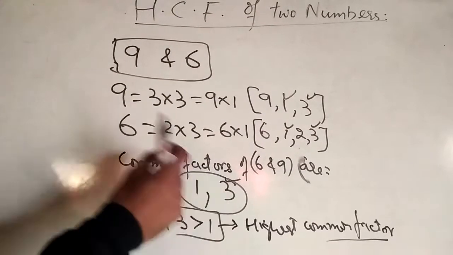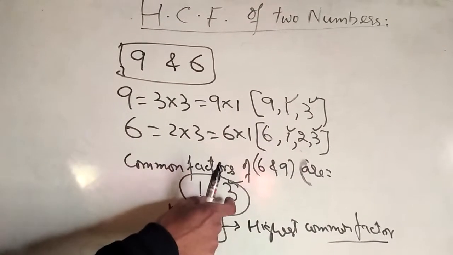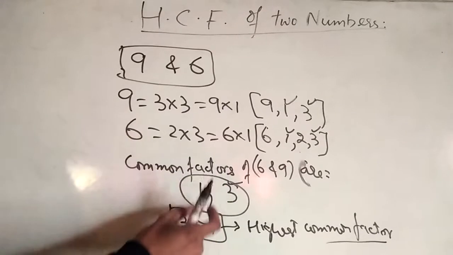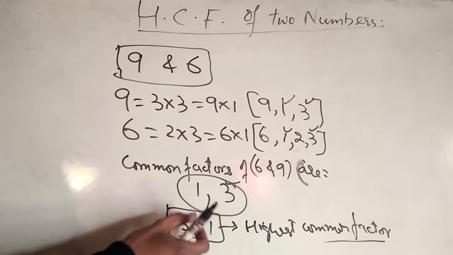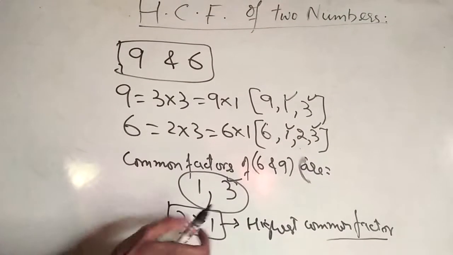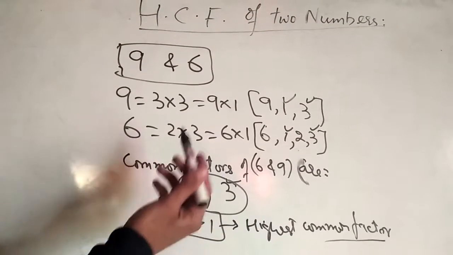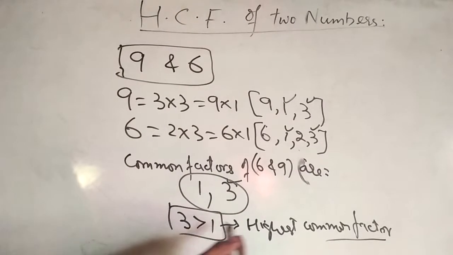First of all we have to find out common factors. Common factors are 1 and 3. Among these, the highest common factor is 3. Thus we can say that 3 is the highest common factor of these two numbers, or it is the greatest